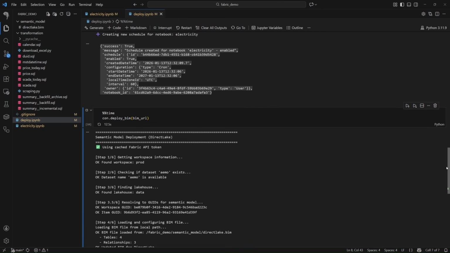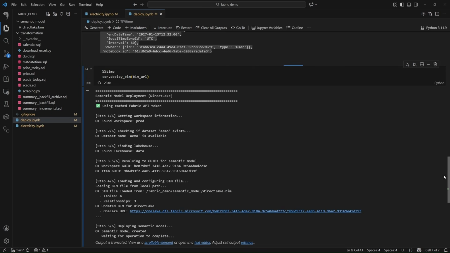For me, I still like the BIM, for a simple reason, because it's just one file. I know probably it's a silly reason, but I just like it. And so I create the model using Power BI Desktop, in a classic way, and then I just get the BIM,